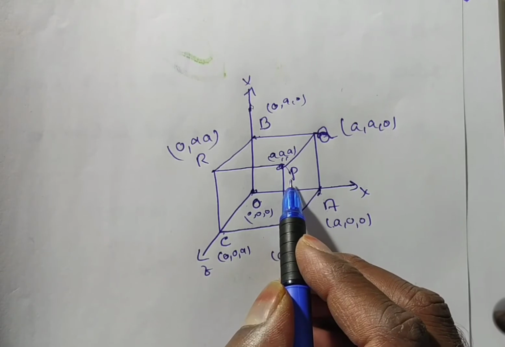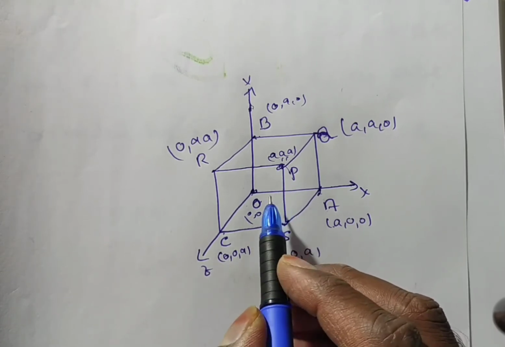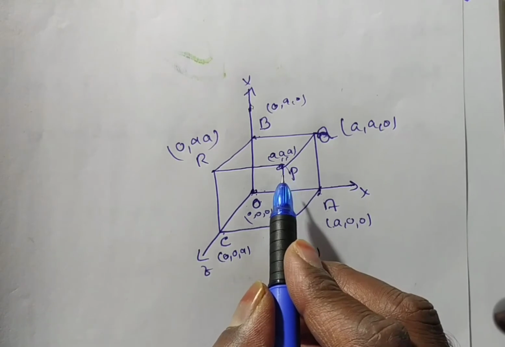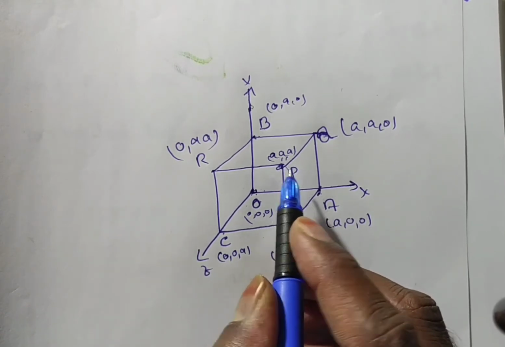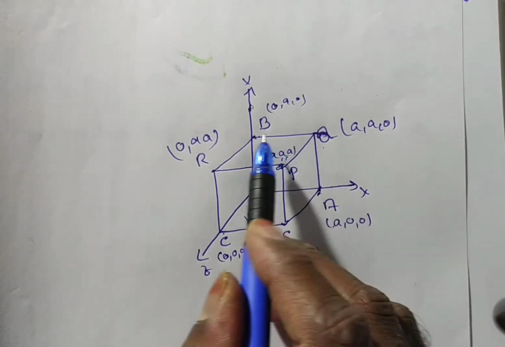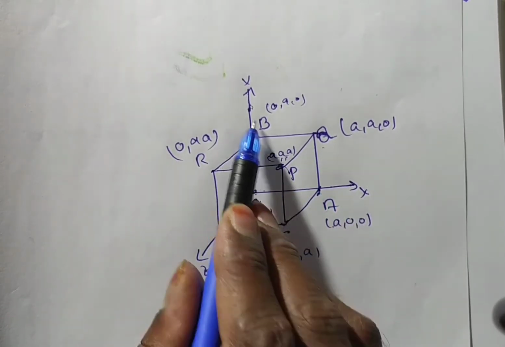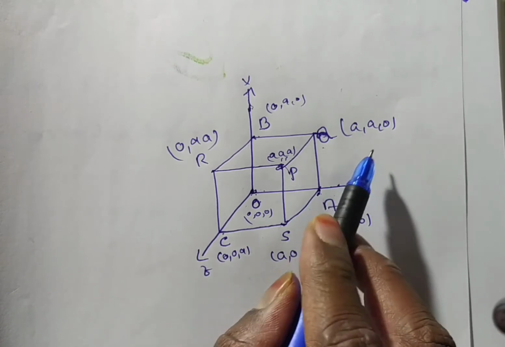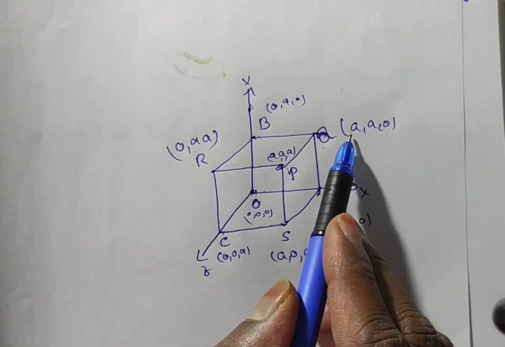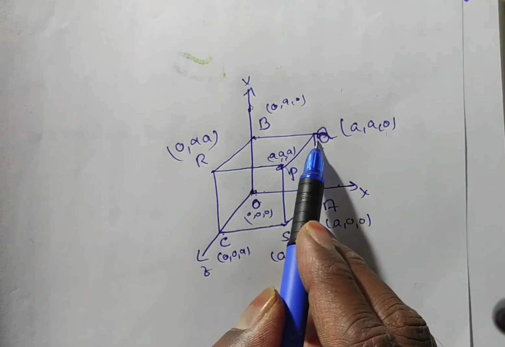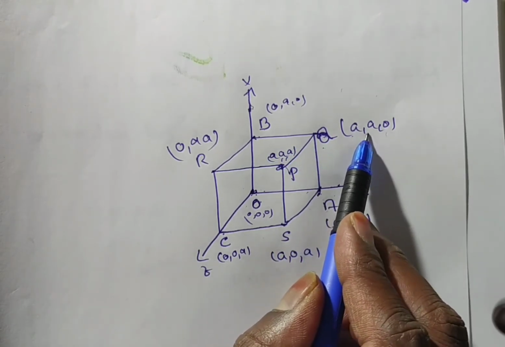Next, P is a point in space, on the three planes. This is a cube, so the distance from the origin is a along the x-axis, y-axis and z-axis. Now how can you get the Q value? Here you observe, this is P and this is Q. Q is in the xy plane. On the xy plane, what is the z value? 0. It is not only on x or only on y, but on the xy plane, so x equal to a, y equal to a.